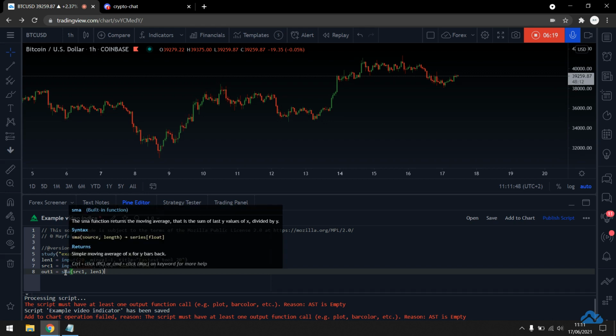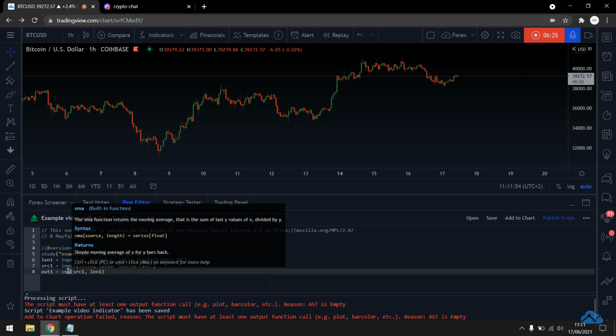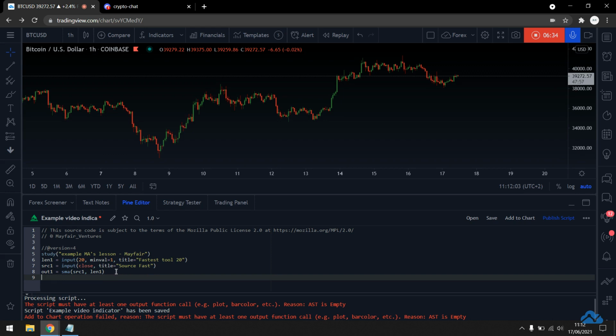If I hover over these, there's a way you can click on and see the potential options here, but that's for a more complex video. The general idea of this one is to keep it pretty simple to get into step one. So at this point, I have the length, I have the source, and I have the type of indicator or tool that I'm looking to put there.